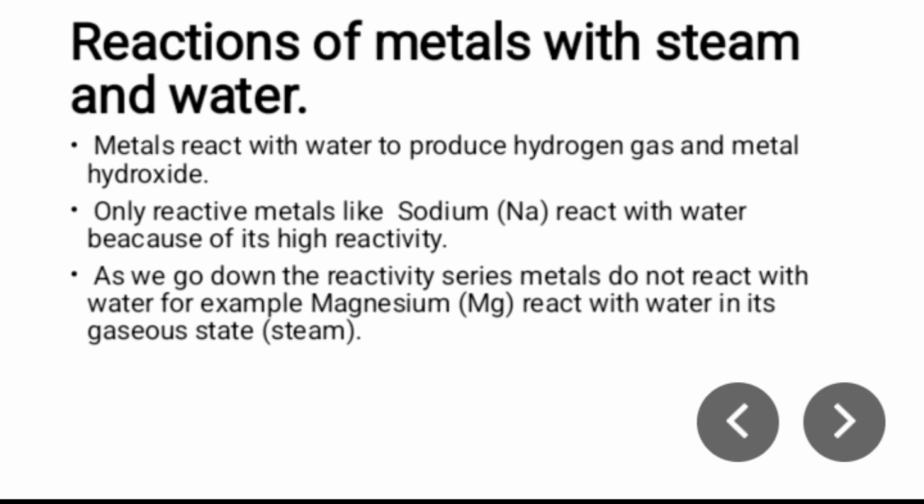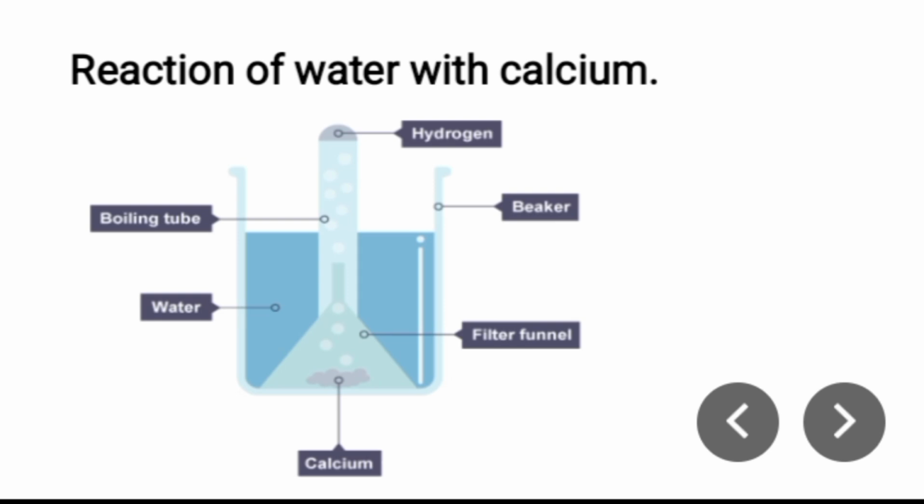In our example, we are going to use calcium. That is the experimental setup of how calcium will react with water. Calcium just needs us to heat the water a little to give it energy, and that is how we are going to set up the experiment. We are going to need a beaker, a funnel, a boiling tube, and water. So let us move on to the reaction of calcium and water and see how